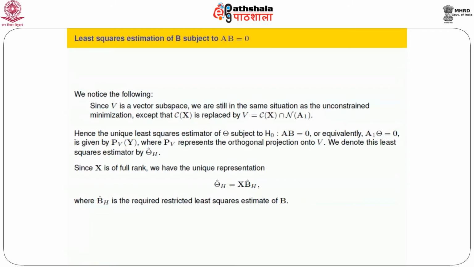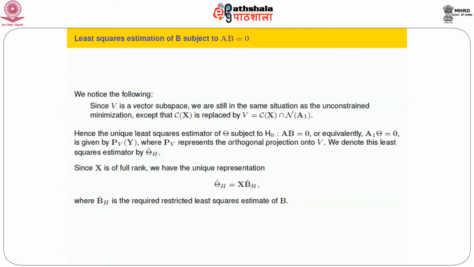So what we shall do, let's see. This is an identity, and if we write down Px minus Pv, what is Px minus Pv? It is really within Cx. It is within Cx, the orthogonal complement of phi. I repeat, phi is a subspace of Cx. So the orthogonal complement of phi within Cx, that is Cx intersection V perp, where V perp is the orthogonal complement of phi, and the projection onto this space is given by Px minus Pv. So this Pv is equal to Px minus this.